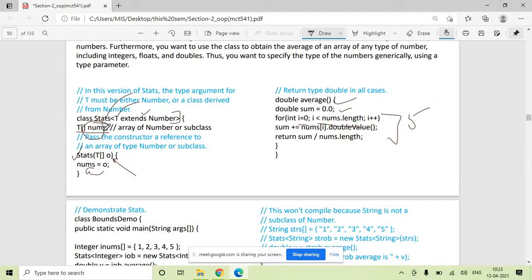If the length of this array is 10, this loop will run for 10 times, and it will calculate the sum of all the elements which are available in the array, and it will divide that sum by the length, hence calculating the average. This function is returning the average as double, therefore the return type is double. So a simple average calculation, running sum and average calculation formula is there.